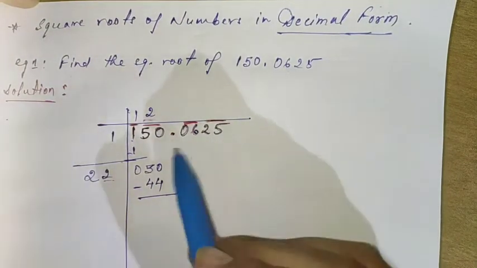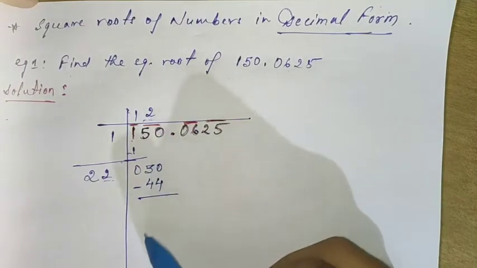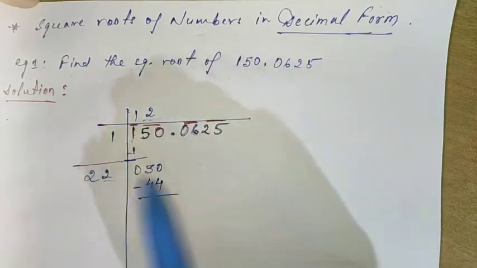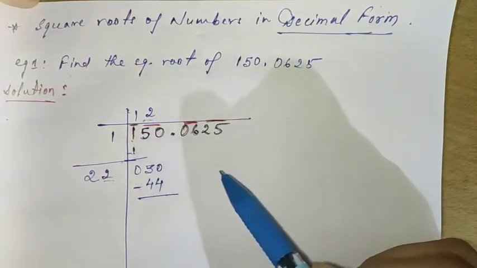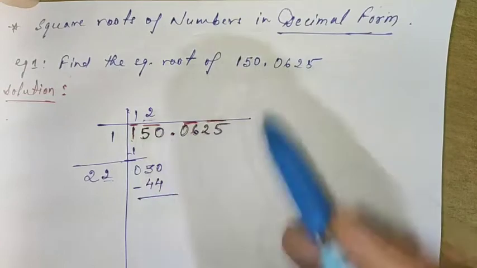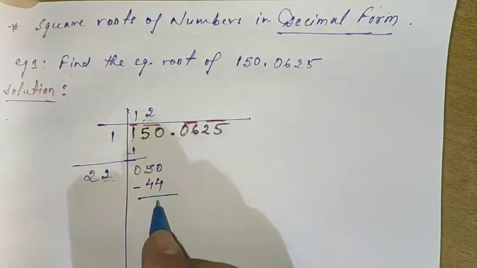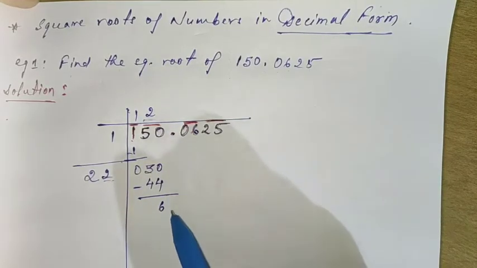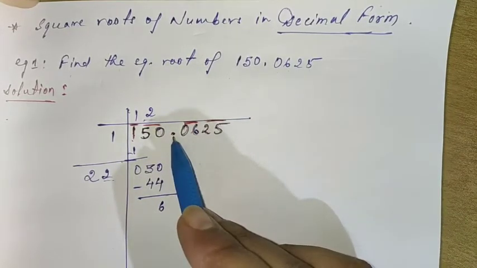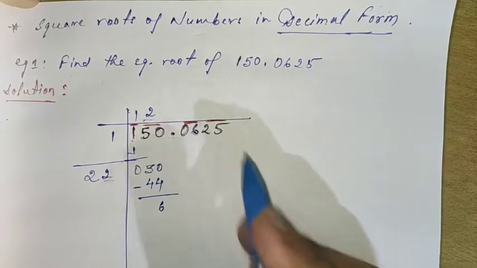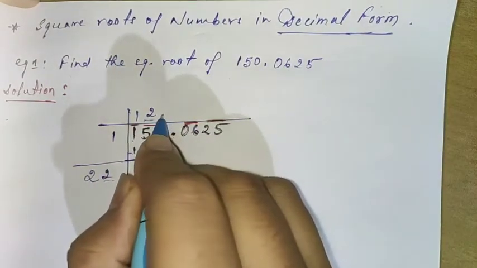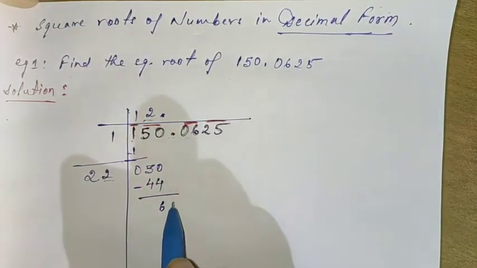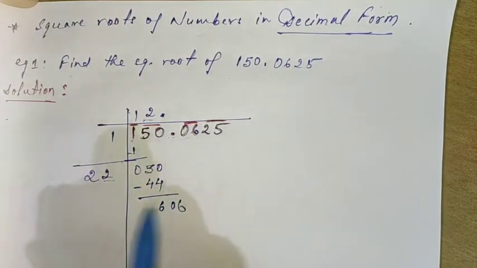As I said before, you have to be very precise with the long division method. If you haven't followed the long division method, go and watch my previous videos, then you try this question. So 22 twos are 44, remainder 6. Now as you can see, we have arrived at the decimal place. There is a decimal after these two digits, so we'll put a decimal point over here and the next two digits will come down, that is 0, 6.